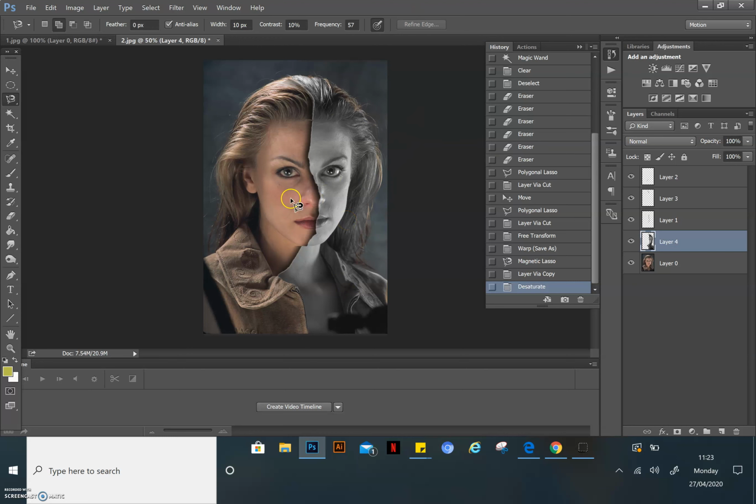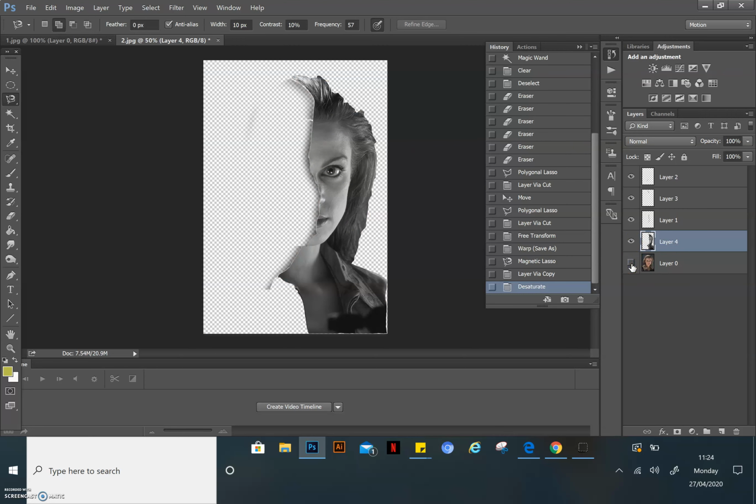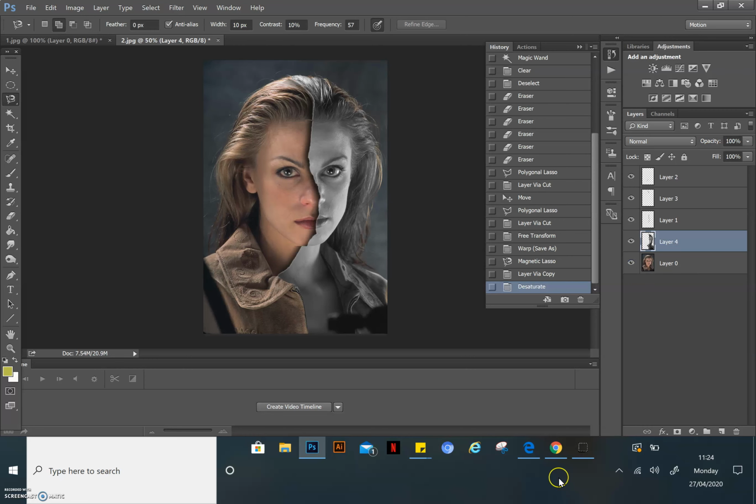If you wanted two different faces, a bit like split, what you would do is when you've cut out the half, you would do it with another face and you would layer that in. So if you need further help with that, let me know and I can show you how to merge two faces. Okay, so that is how you will create a split in the face using